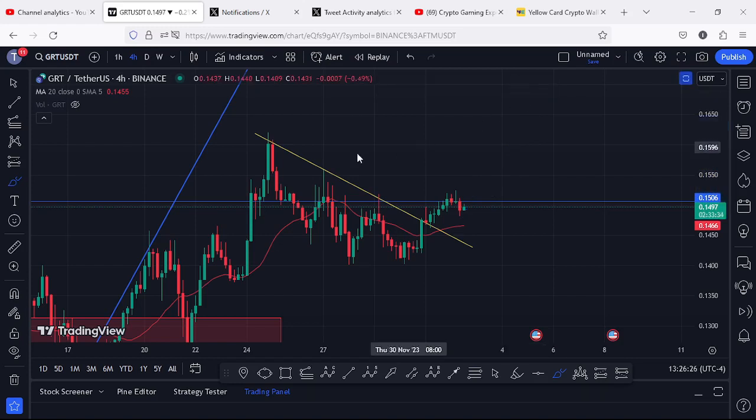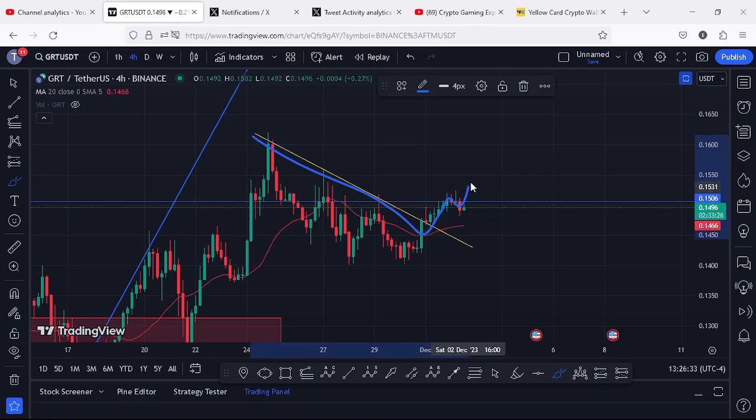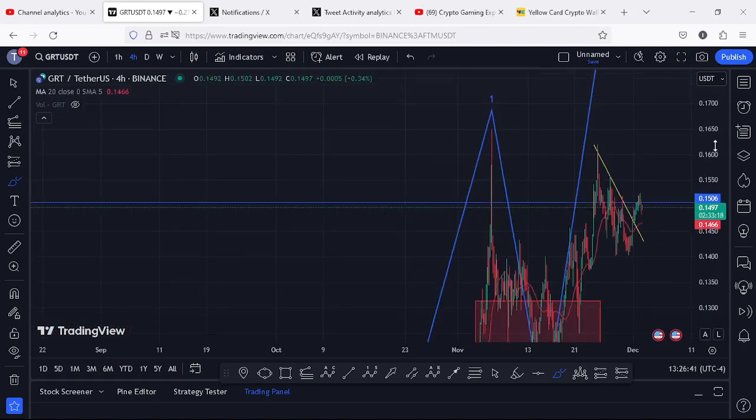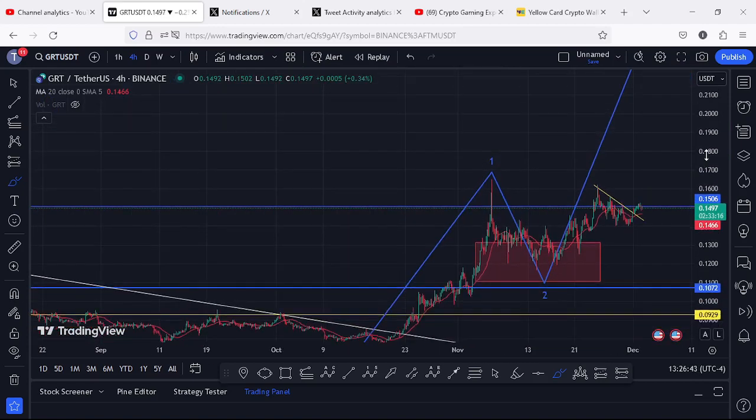We have also seen a break to the upper side of this descending trend line, and all we need to see in the next coming hours is a break above resistance with a successful retest for us to continue seeing higher prices. GRT has also continued to obey the Elliot structures, and zooming out on the charts to give you